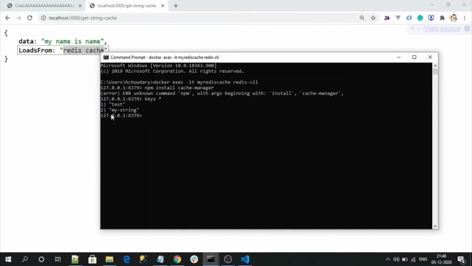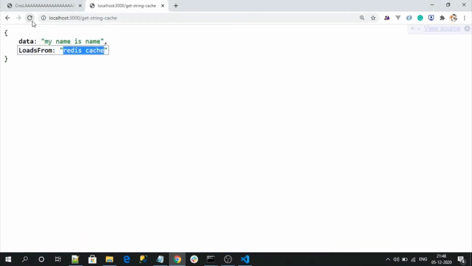This key is stored from our Next.js application. This text is ignored. It is a default key. Whenever we open this CLI, it will show. So my string here is our application key. So this proves that we are fetching our data from the Redis cache, right?